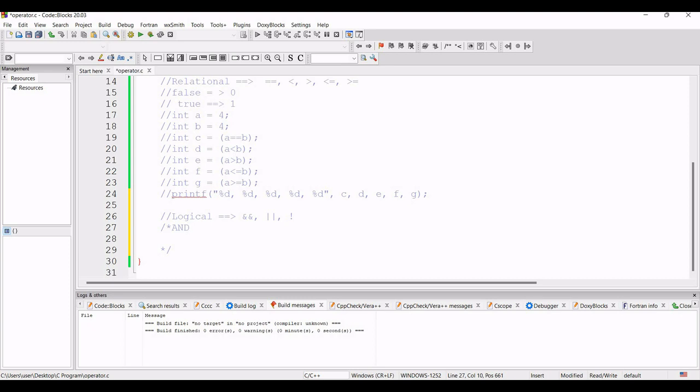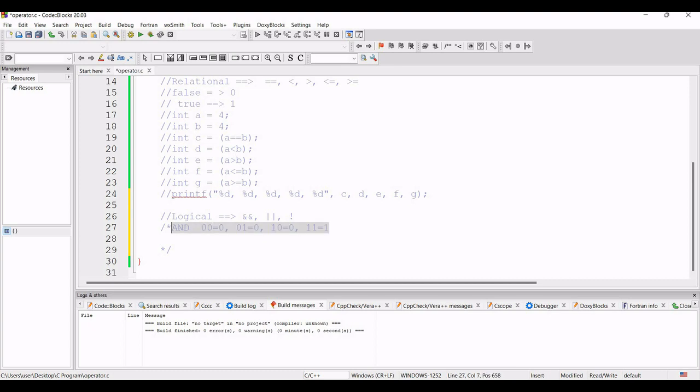The AND operation is, if I give the value 0 0, at that time the result will be 0. If we give the value 0 1, at that time also the result will be 0. At the time of 1 and 0, the result will be 0. And at the time of 1 and 1, only then the result will be 1. When all the values are 1, at that time the result will be 1. This is the AND operation. I hope you all know this.